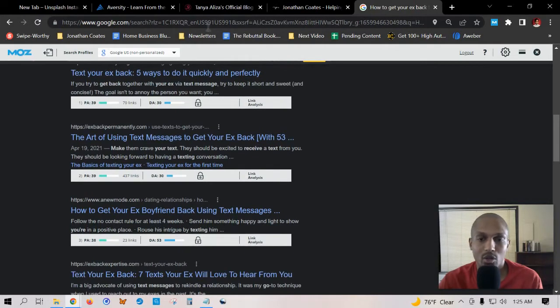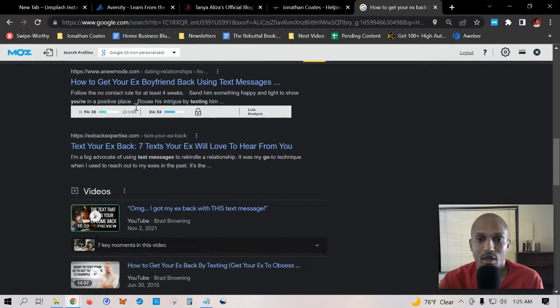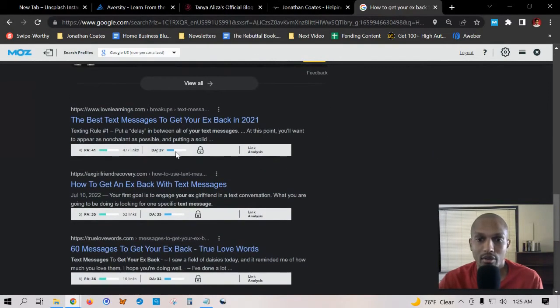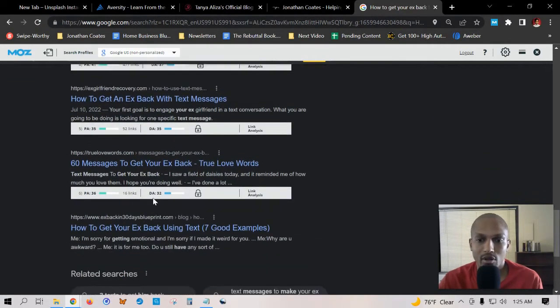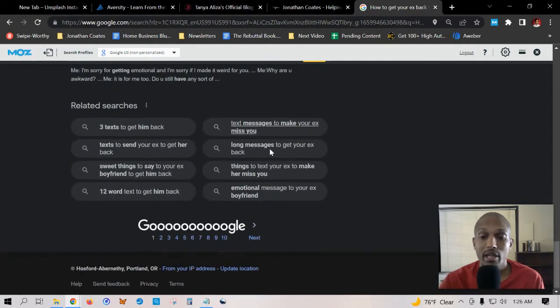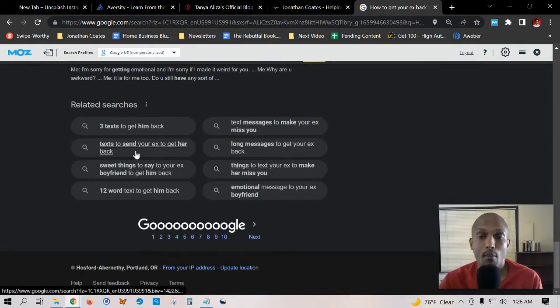So we found two so far on the first page that have a lower domain authority than both of the websites that I'm referencing, and have fewer backlinks. And then this one has a higher domain authority, but still fewer backlinks. Keep scrolling: 37, 35, 32, 16 links, boom. And you can keep going through the same process if you want more key phrases.